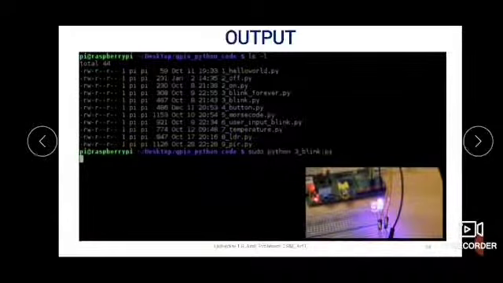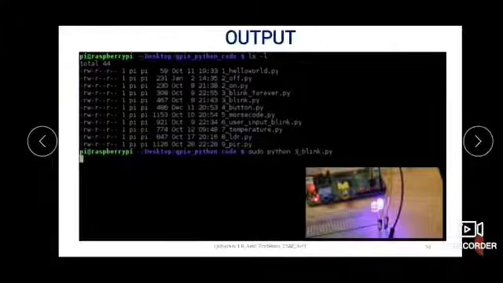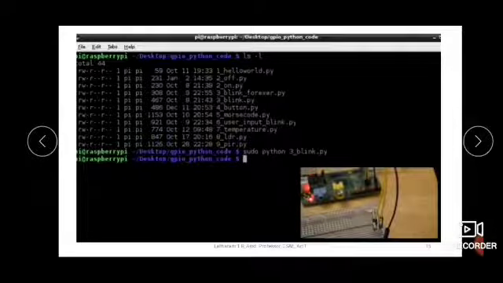Then another second it will be high, and then it will go low. So initially it will be low, it will go high, then low, then high, and then low again. So this is the output of the program. But now permanently after glowing 2 times and going off 2 times, it will be off permanently.